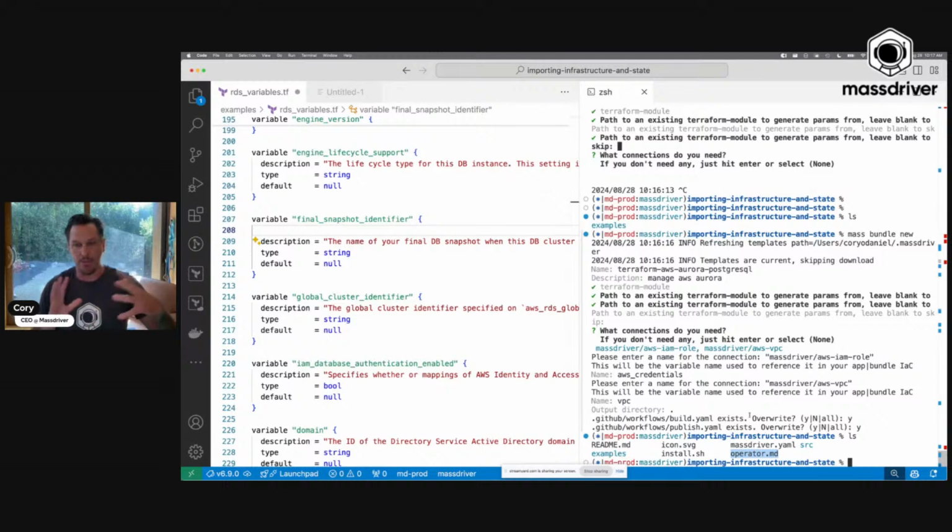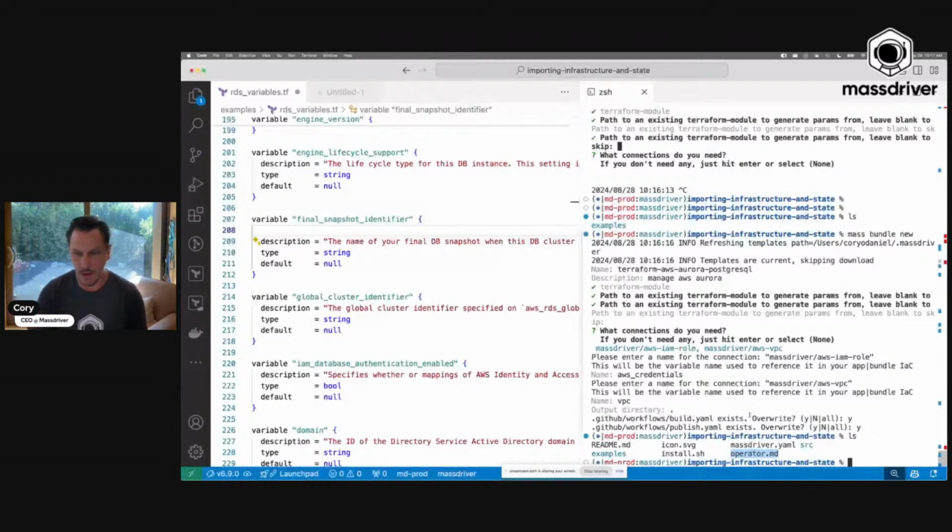So you can essentially pack a bunch of operator information into this: how to troubleshoot Postgres, how to troubleshoot RDS, how to restore a backup, et cetera. You can pack your runbooks right alongside your Terraform, and then when your developers are managing their infrastructure in our UI, they have the runbooks right there too. So really getting that developer self-service maximized. We don't just want developers to deploy infrastructure; we want them to be able to troubleshoot it as well with your ops team's guidance. And then finally, we see the source directory here, and that's where my actual Terraform module